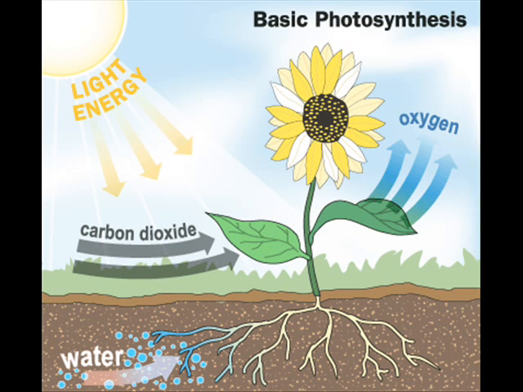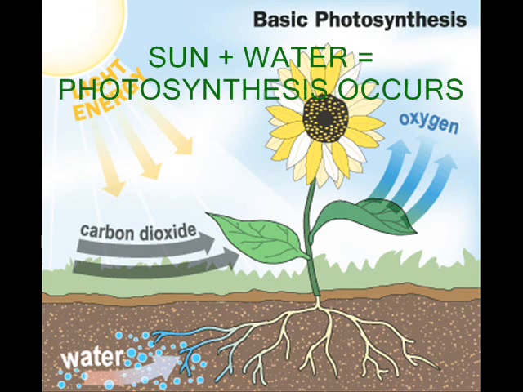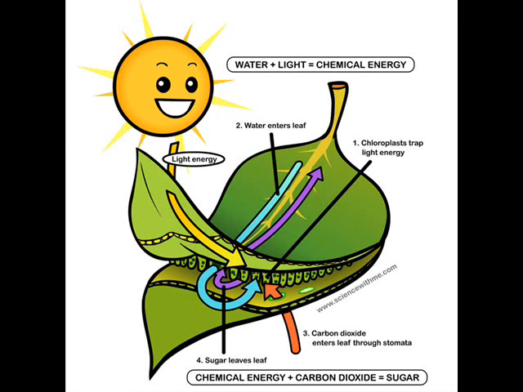When the sun heats the water in the plant leaves, it causes photosynthesis to occur. Light and water are needed to perform this process. The molecules of chlorophyll contained in the chloroplast, which are scattered throughout the plant cell, absorb energy in the form of light from the sun.